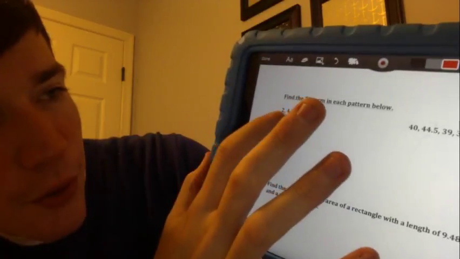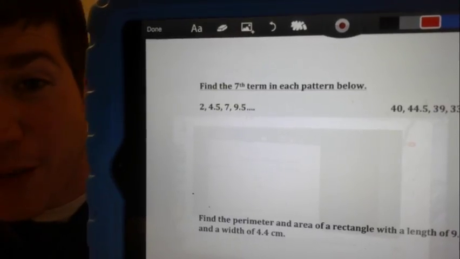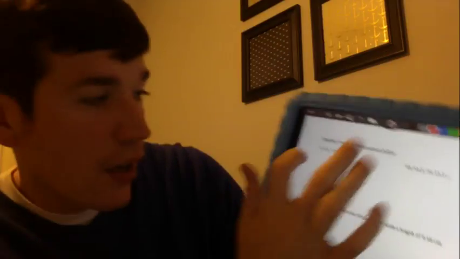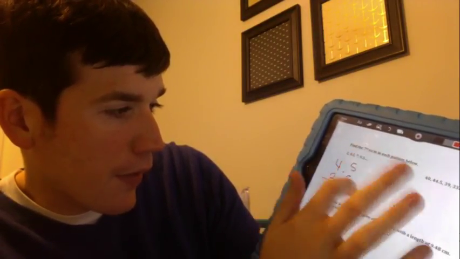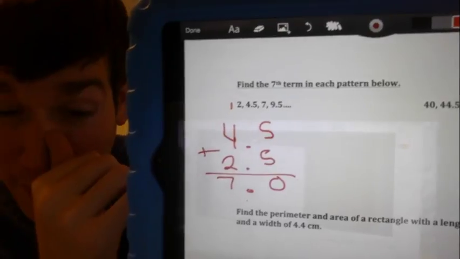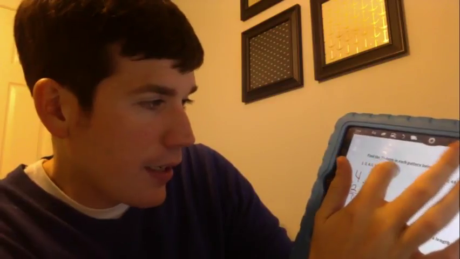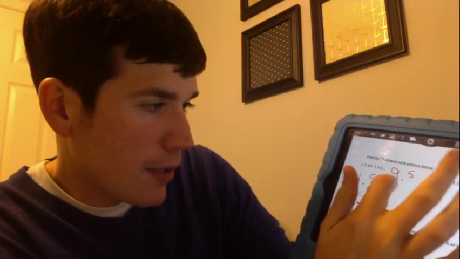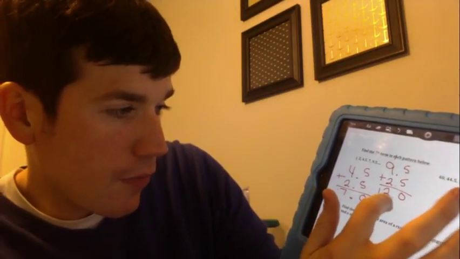So I know that from 2 to 4.5 is 2.5. I've gone up by 2.5. So I'm going to see if the same thing works from 4.5 to 7. If I take 4.5 and I add 2.5, remember a half is 0.5, I will get 7. Because of that, I know that each time I'm just going to add 2.5. So to figure this out, I would take 9.5 plus 2.5, which gives me 12. I'm going to take that number and add 2.5 again, which would give me the 6th number,